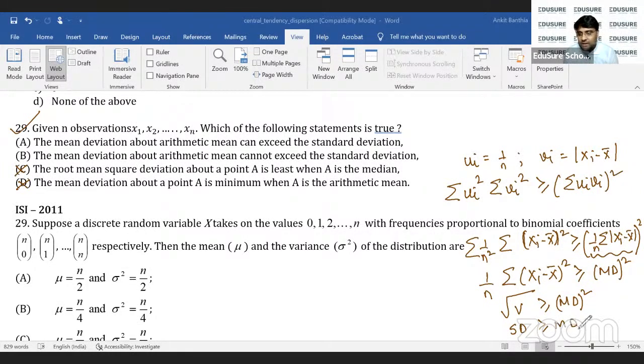टू मीन डिविएशन। Standard deviation around the arithmetic mean is always greater than or equal to mean deviation. The mean deviation about arithmetic mean cannot exceed the standard deviation is the correct answer. अगर सबको समझ में आया then please raise your hand or give me a thumbs up. So what I did was I simply used the Cauchy-Schwarz inequality. बहुत सिंपल तरीके से मैंने खाली इसमें पुट कर दिया है और आंसर निकल गया, सही है।